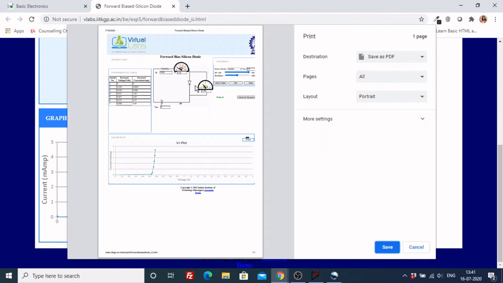So I have got my circuit, I have got the controls, the table and the final graph. This is something that you could attach along with your experiment that you are performing as the output that you have obtained by doing this in virtual labs. So if you do the experiment both in LTSpice and virtual labs, the advantage of doing it in virtual labs is you can actually see the way in which the ammeter and the voltmeter are now connected to the circuit. So you can go ahead, save this, and this will be the completion of the forward bias part of experiment 1. You can then go back and do the reverse bias part of experiment 1.